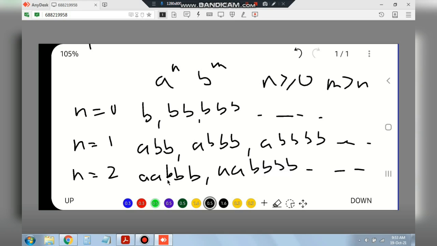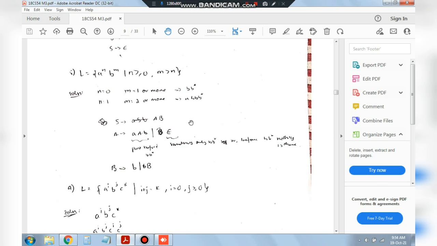What pattern can you observe here? We can observe that the b's are common here, right? Starting with 3 b's for all the combinations, and the remaining is just an extra b. Here we have 1 b, in the next one it will have 2 b's, next one 3 b's, and so on. Here we have 2 b's everywhere, but the number of b's is increasing, while a is constant. a is 1 and b is 1 here, b is 2 here, and so on. So let's write the automata for this one.